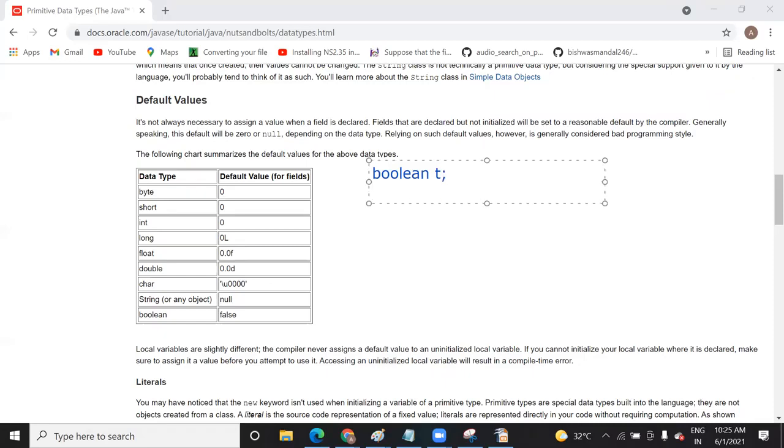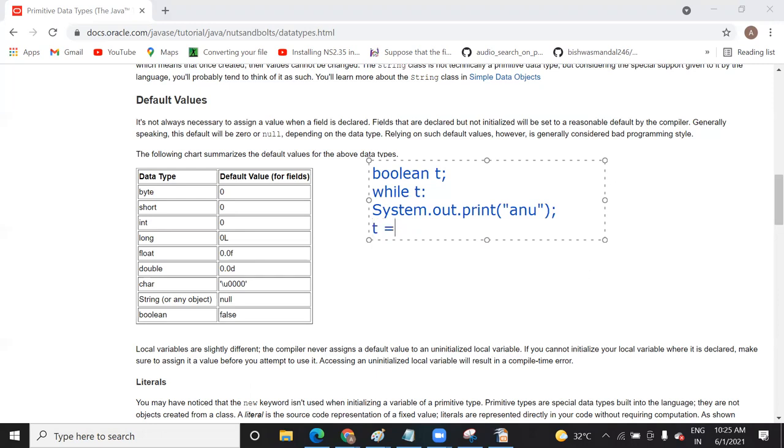I declare a variable like this and write while t, if t, then I will write system dot out dot print. Otherwise I can do one thing, I can give the value like this, t is equal to int. Actually I'm explaining in Python, just to explain the logic.